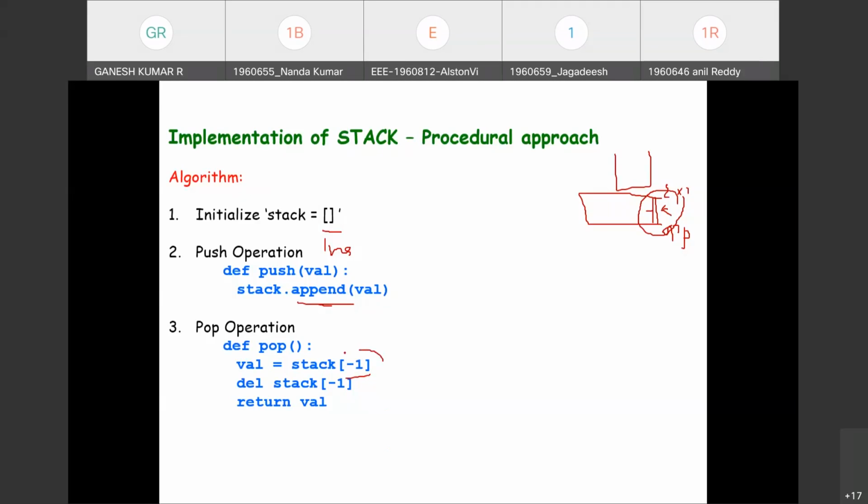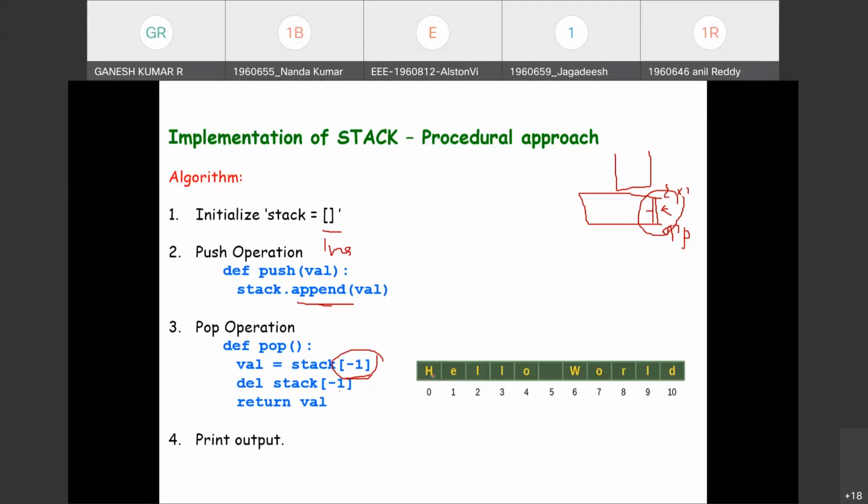Hope you remember that when we used the slicing operator, we introduced -1, the indexing operation. So locate -1, which gives the top, the rightmost item, delete the item and return to the previous, latest one. In general, we traverse from left to right, and the memory location is accessed from 0, right?